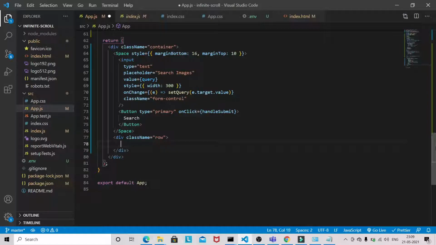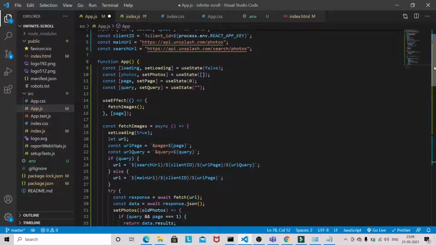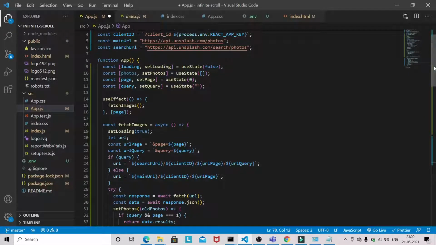And we have to store all. So we have our photos here.